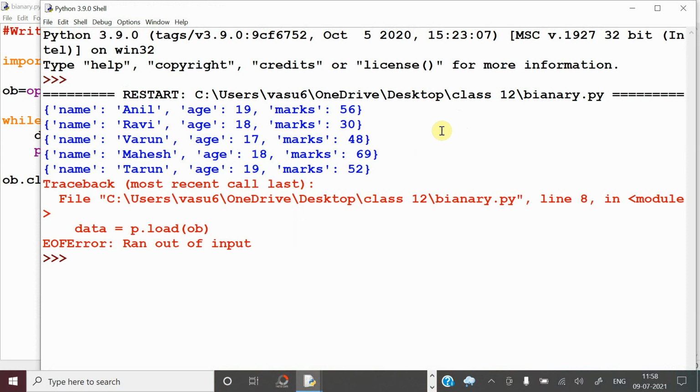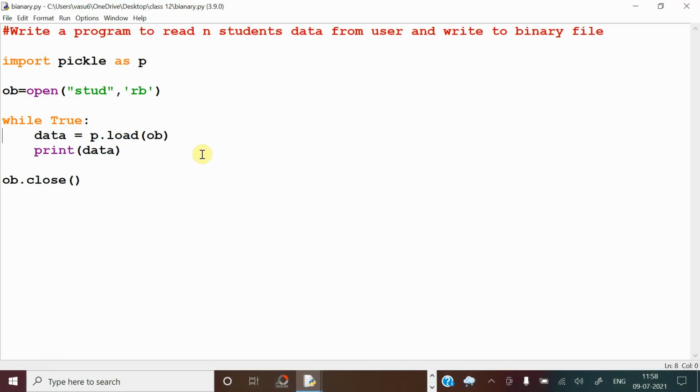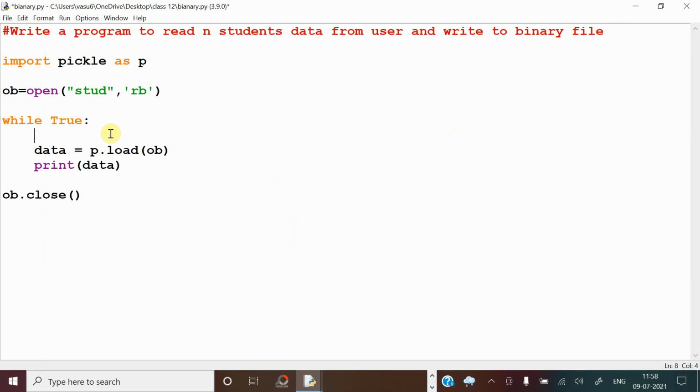That is an issue. So for handling this type of runtime errors, we can go with exception handling with try and except. So in which statement is there a chance for an error? In this line, load. Whenever you are trying to load, if data is there, it will read. If data is not there, it will raise an error. So that's why this line should be kept in the try block. Means wherever there is a chance for an error, that line should be kept in the try.